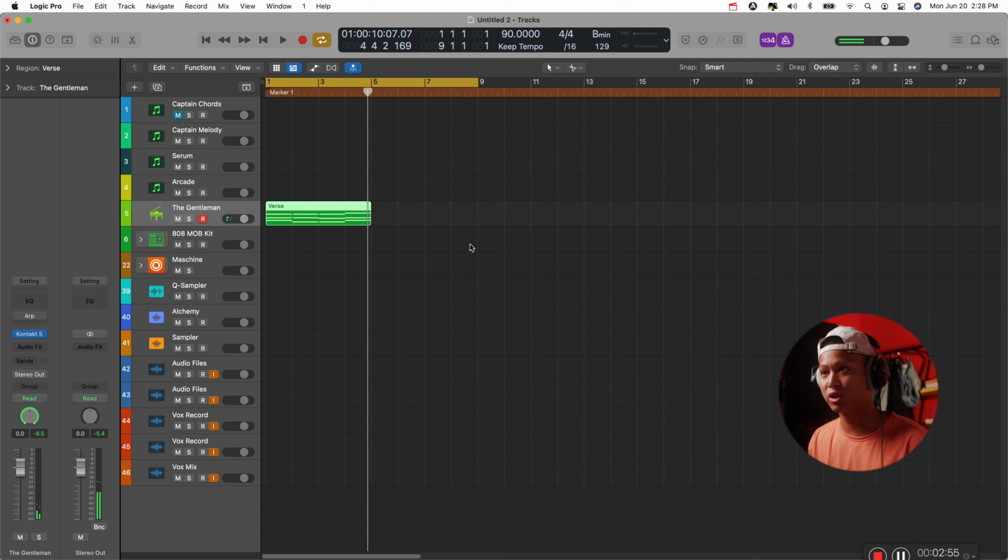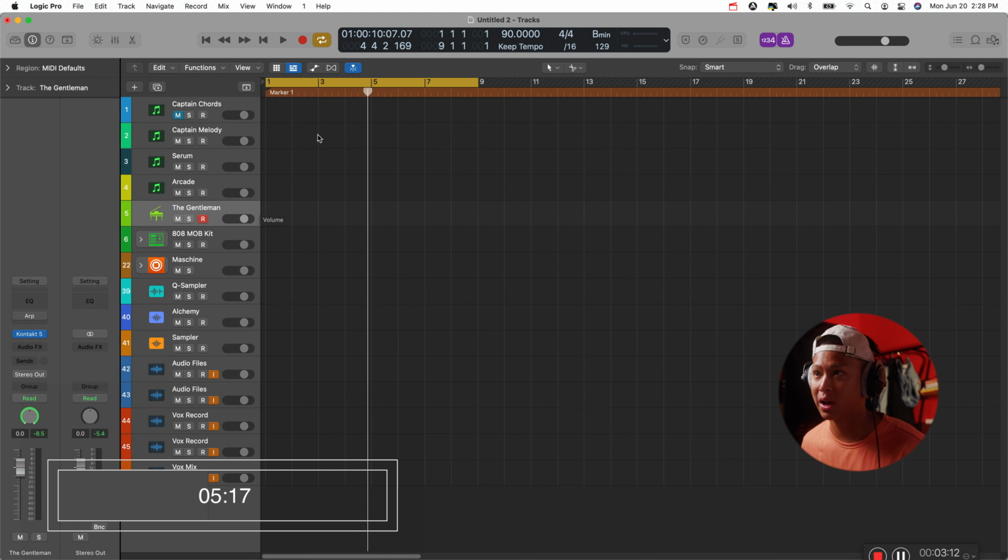So as you can see, it's super versatile and innovative. I just made a chord progression without even having to play any keys or write them in with my mouse. I just clicked some plus buttons, gave me a chord progression, and I'm already working. That's what Captain Chords does.